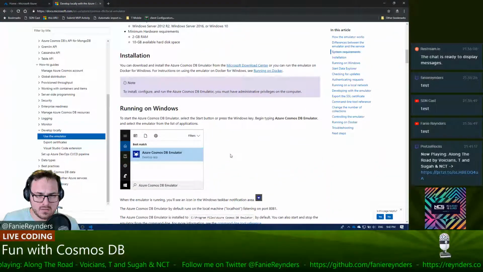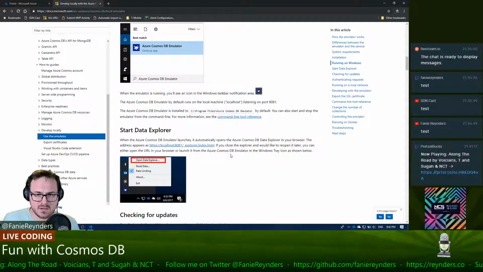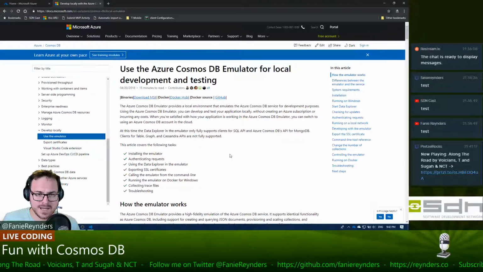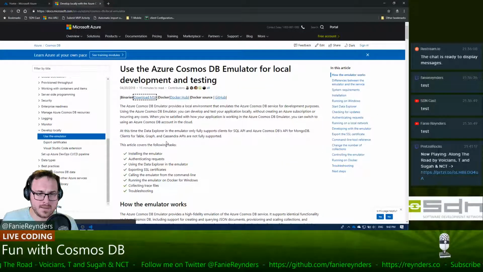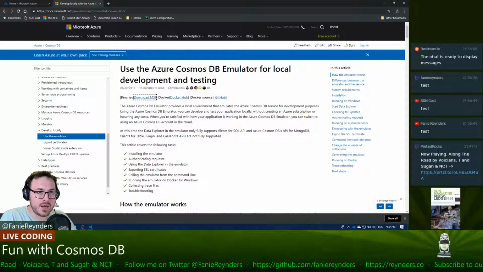Okay, Azure Cosmos DB emulator. Nice. Okay, so we can download this, download the MSI. Okay, so there is a local emulator,